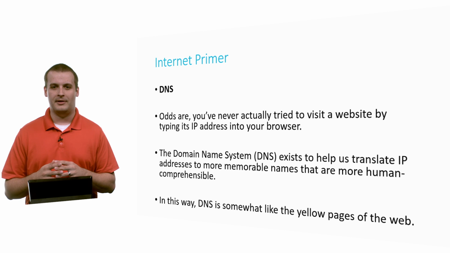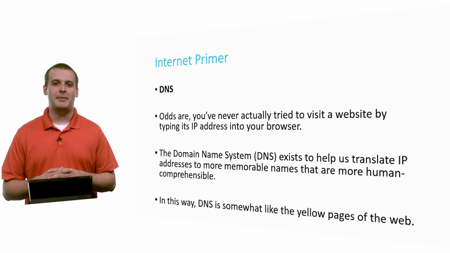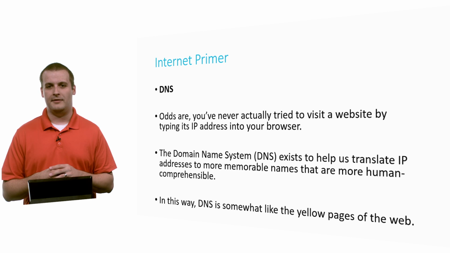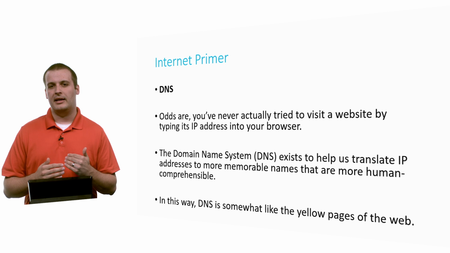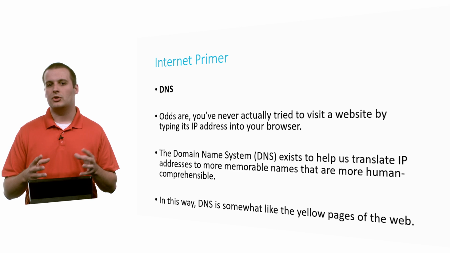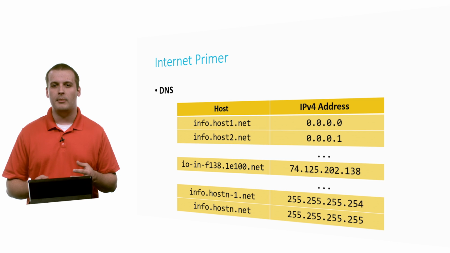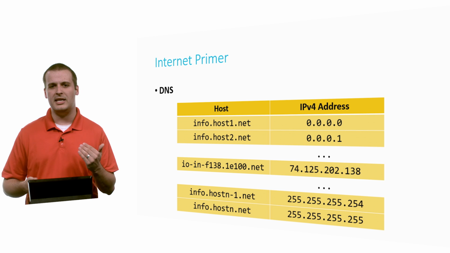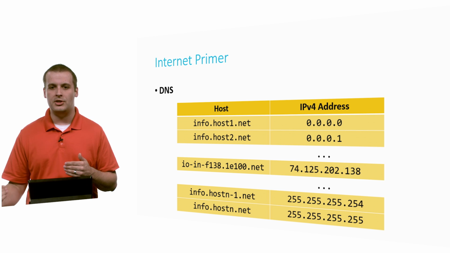Think about if you've ever been before the days of cell phones, you had to memorize your friends' phone numbers. That might have got tough after a little while. And similarly, if you want to visit a bunch of websites, you probably don't want to remember a bunch of numbers. You'd rather remember a bunch of words. So this mapping, this translating of sets of numbers to human readable names kind of makes DNS the yellow pages of the web. And you can think about it as if it's just a huge list running from 0.0.0.0 all the way down to